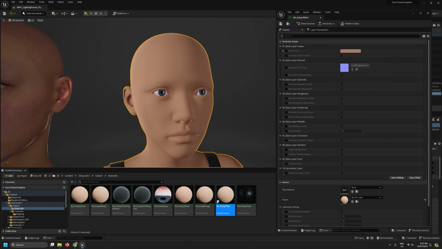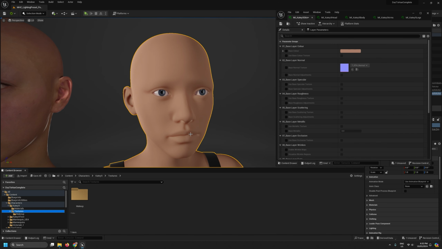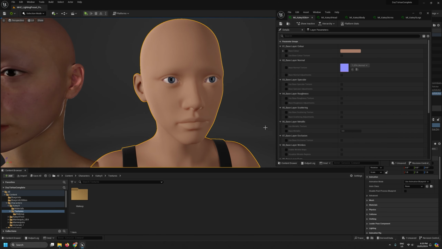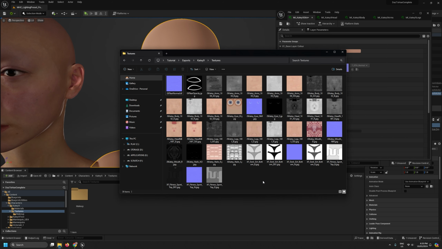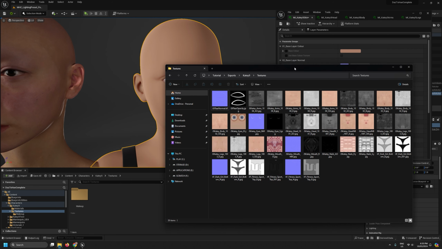So I'm also going to open each of our different skin materials. So we'll open the head, body, arms, and legs. So we now have all of them open on this window. We can work across them all. So at the very least, in order to get something resembling a reasonable looking character, we're going to want to bring in some color textures. So if I go to our character's textures that were exported out of Houdini, I'm going to grab the